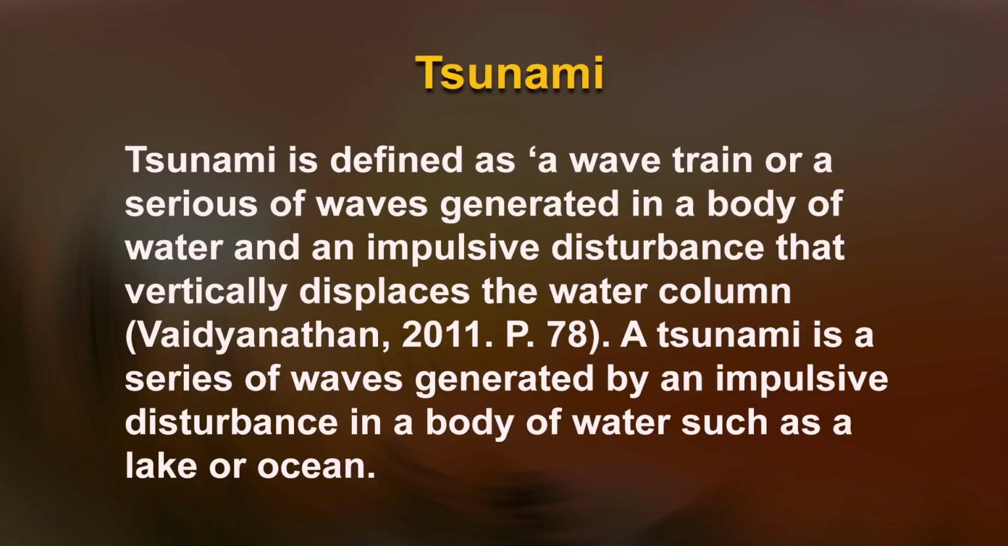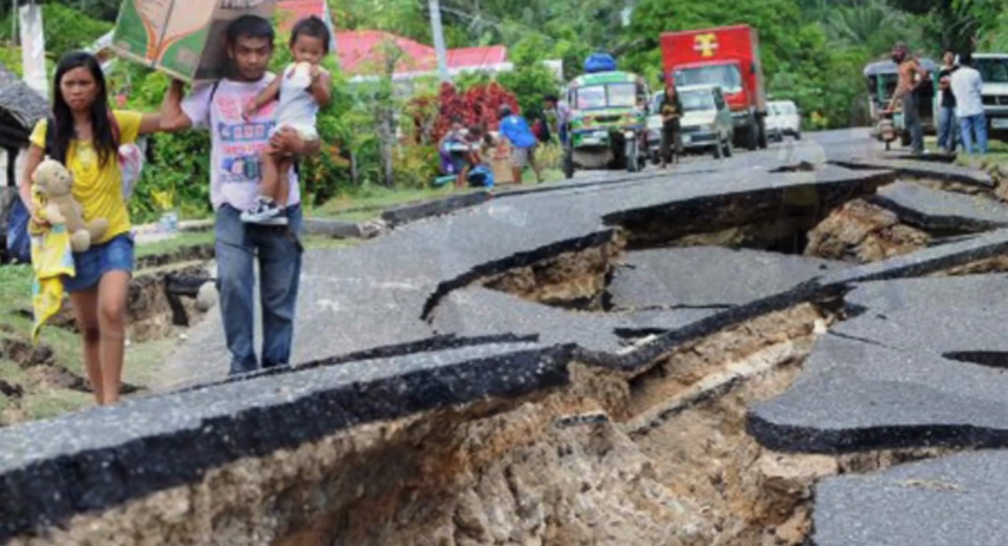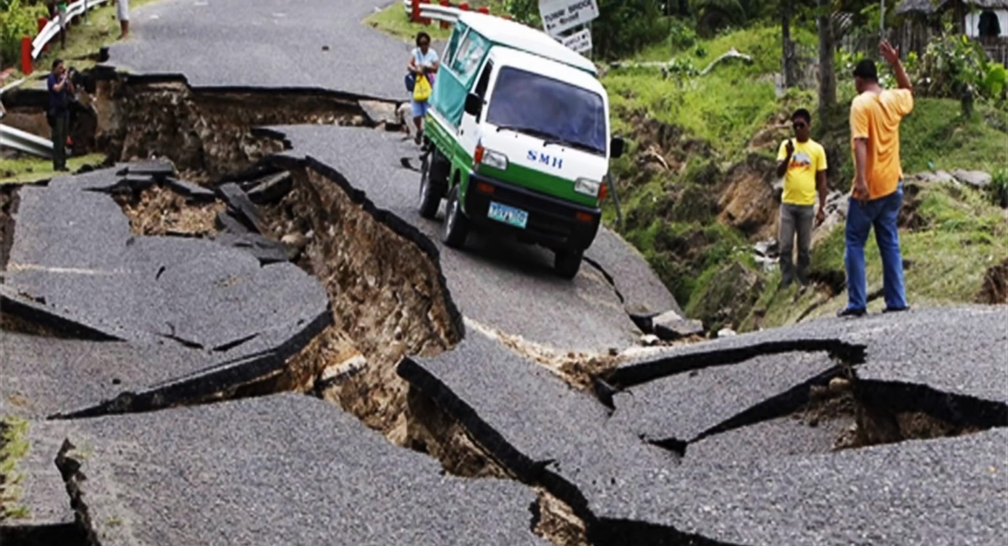Tsunami is defined as a wave train or a series of waves generated in a body of water by an impulsive disturbance that vertically displaces the water column. A tsunami is a series of waves generated by an impulsive disturbance in a body of water such as a lake or ocean. It typically takes a large earthquake greater than a magnitude of 7.0 to generate a damaging tsunami